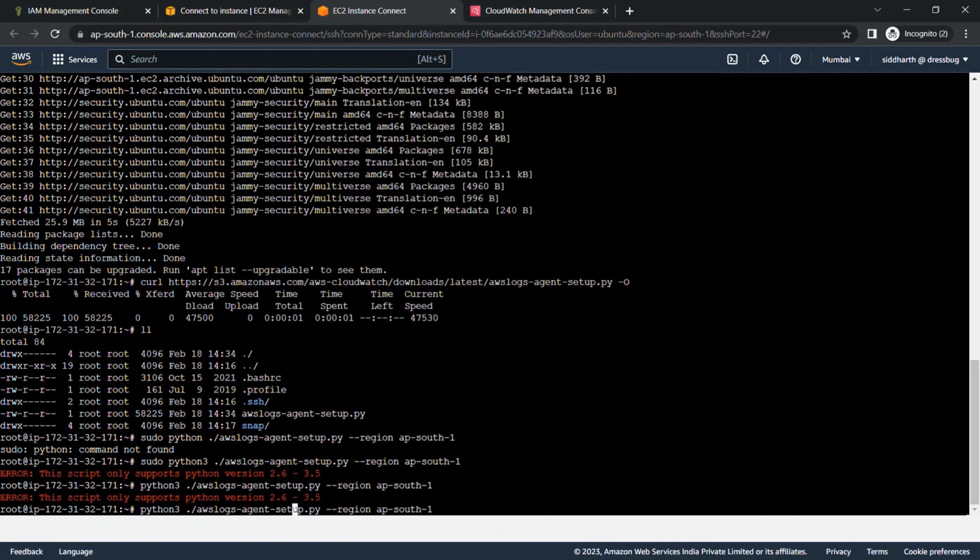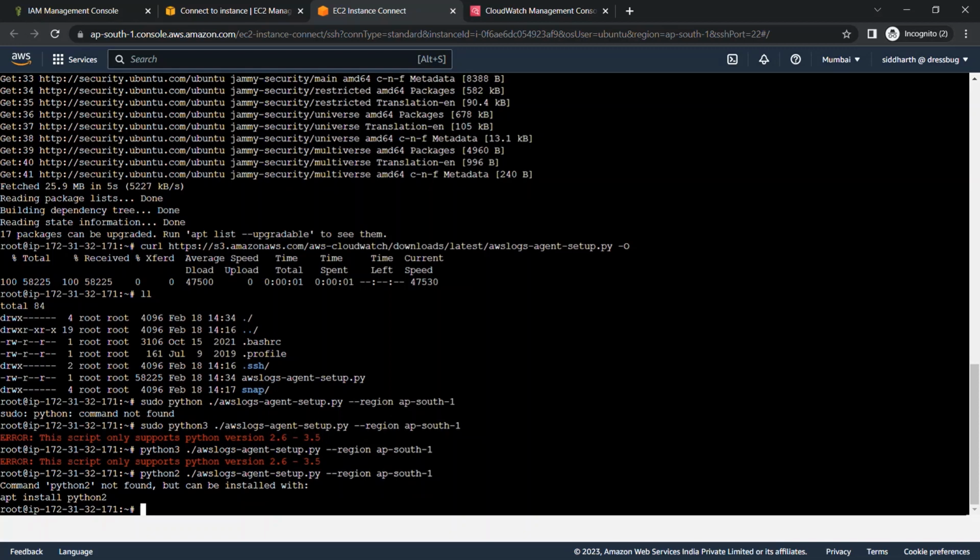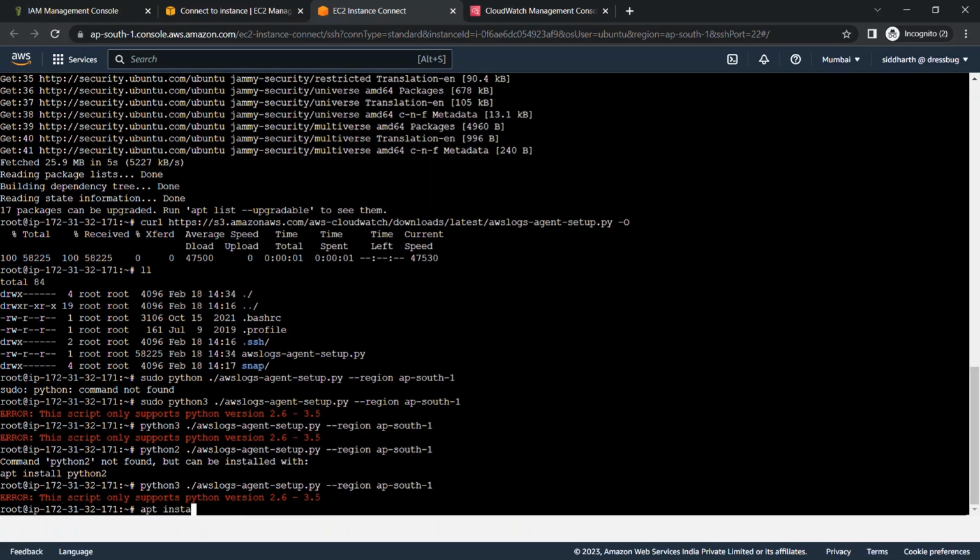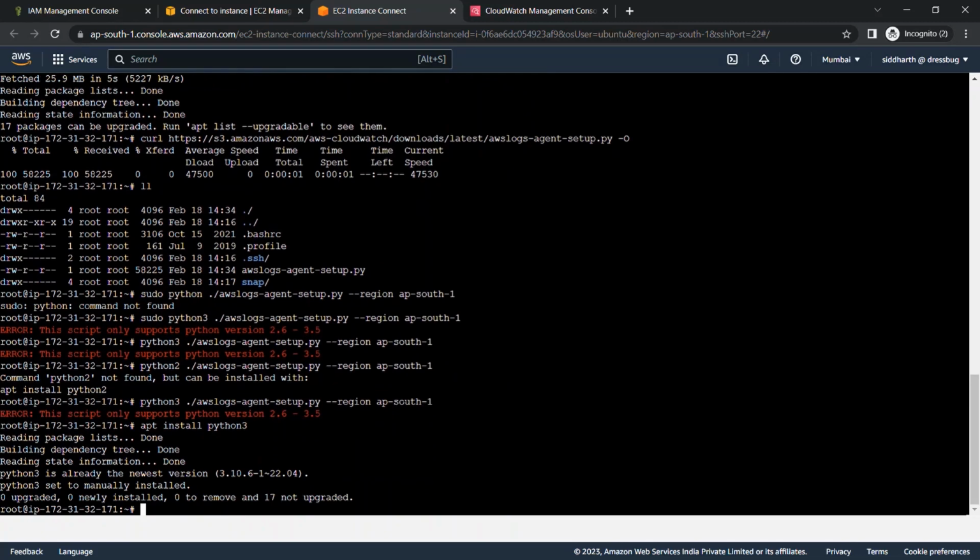Let's check with Python 2. Python 2 not found. apt install Python 2. I think we need to install Python in our server, so I am going to install it, and we'll see the Python is already installed. Python 3 is already installed,